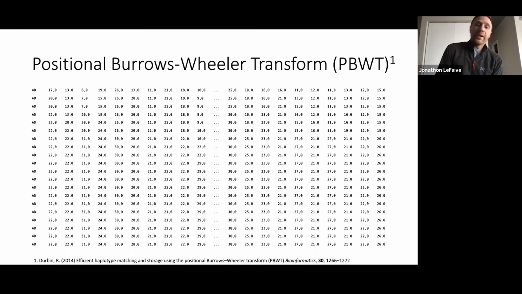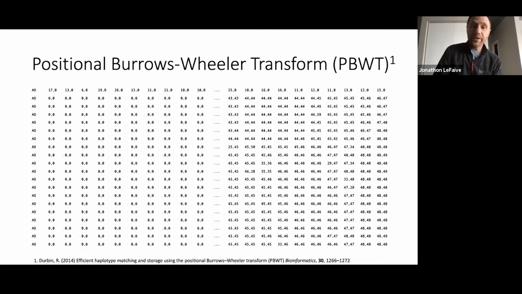There's also an optional method that can be applied in SAV for dense data types. This is the positional Burrows-Wheeler transform, which was originally described in a Richard Durbin 2014 paper. This sorts each row using a mapping that is based on the sorted order of the previous row. And so as shown here, the first row remains the same, but the entries in the second row are mapped